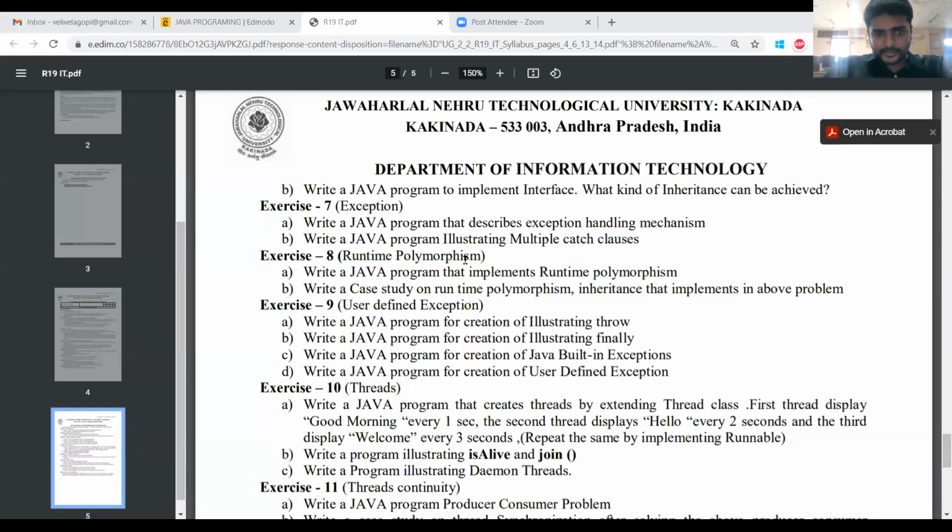The second one is: write a case study on runtime polymorphism inheritance that implements the above problem. That means this is theory. Write a case study means you have to write some example, not a program. You have to write some theory about runtime polymorphism. So let us complete the 8th one.